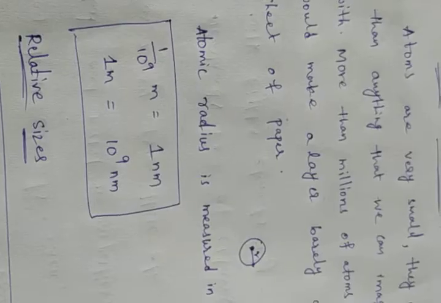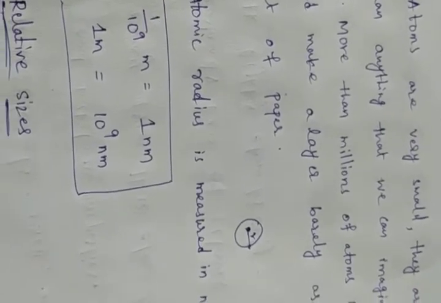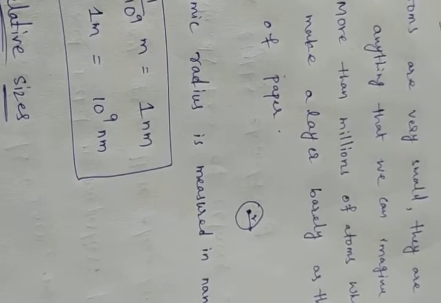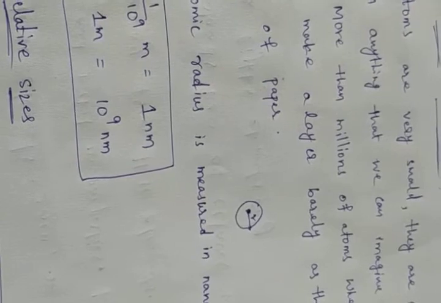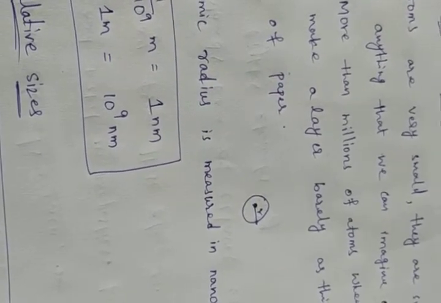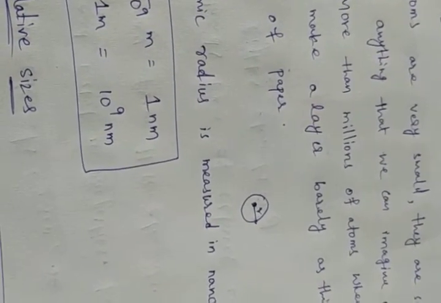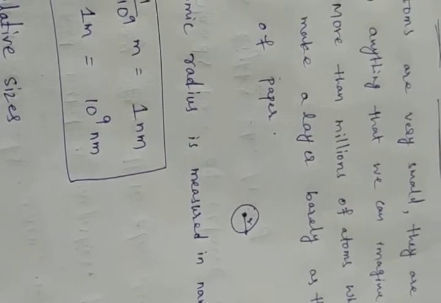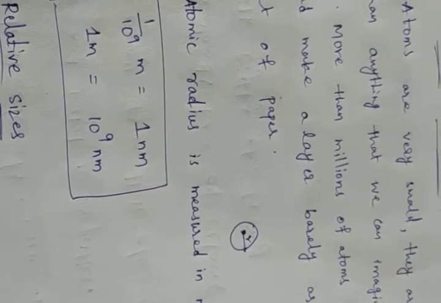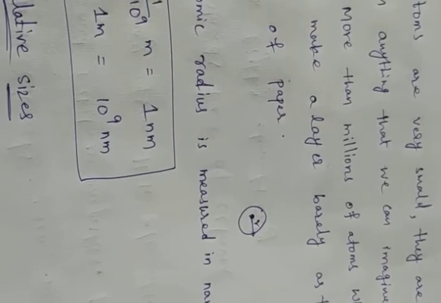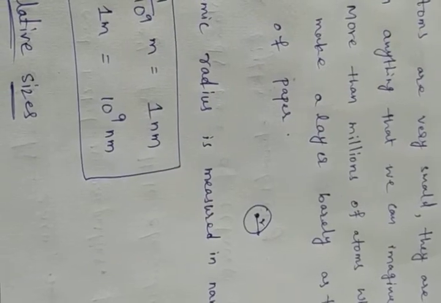Now, we might think that if atoms are so insignificant in size, why should we care about them? This is because our entire world is made up of atoms. We may not be able to see them directly, but they are there and constantly affecting whatever we do. Through modern techniques, we can now produce magnified images of surfaces of elements showing atoms.